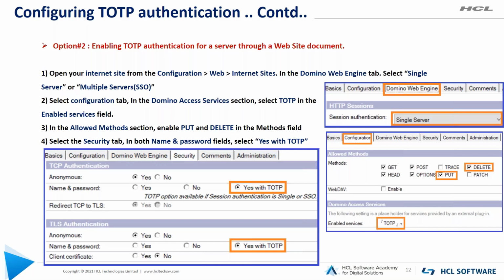Enable TOTP in the Domino Access Service section. You can see the screenshot here. In the security tab of the internet site document, select yes with TOTP for name and password authentication. Moving to next slide.